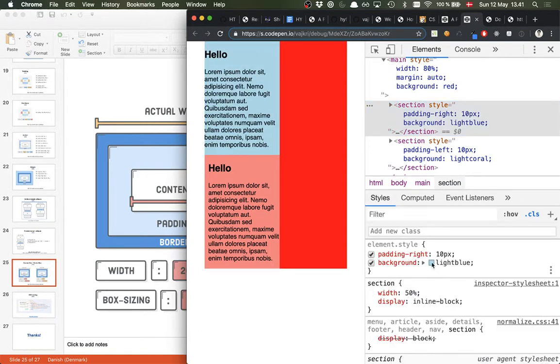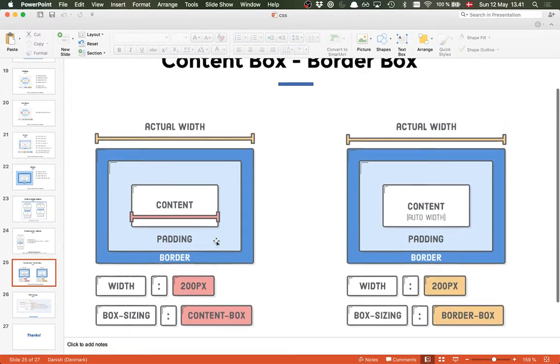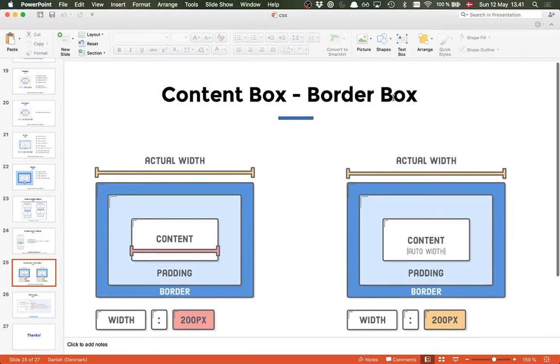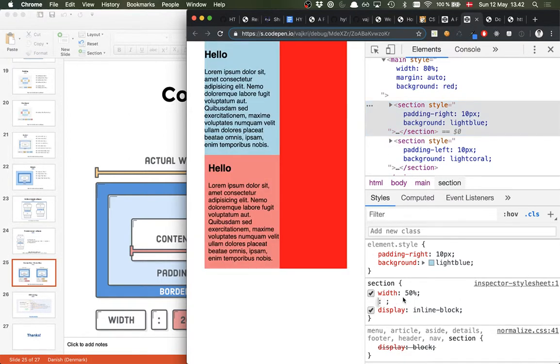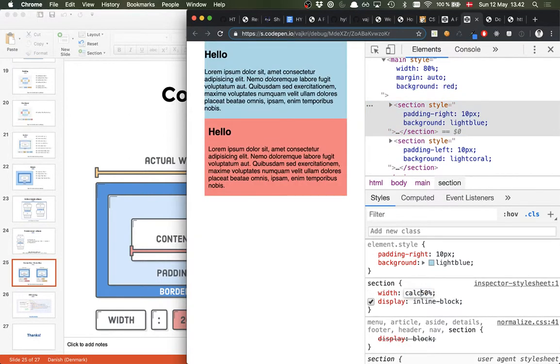But because they have a padding, if the box sizing is set to content box, which is the default in browsers, then the width will be calculated like width and the padding on top of that. And I don't want that. I don't want to have to write that the width should be